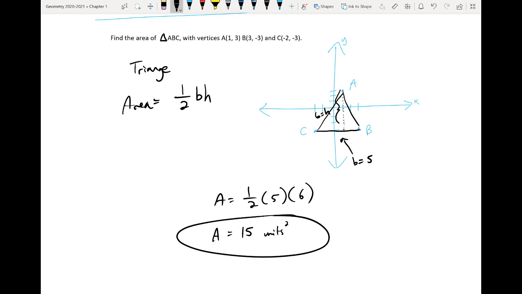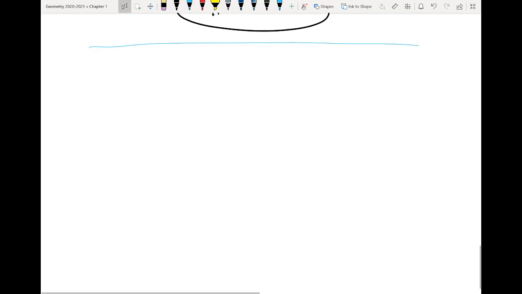So for area right now, we're not going to get too fancy on you because we haven't taught you enough in terms of calculating the line and the distance, but when it's perpendicular, these problems actually should be pretty straightforward for you guys. I'm going to do one more, but use a quadrilateral. So we're going to find the area